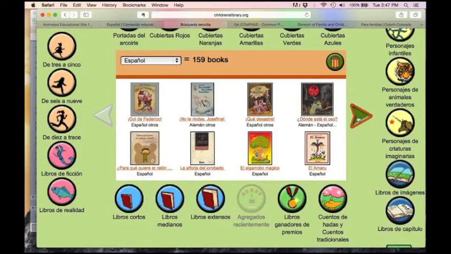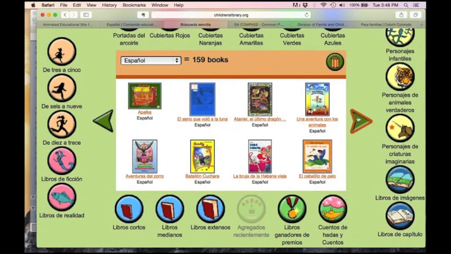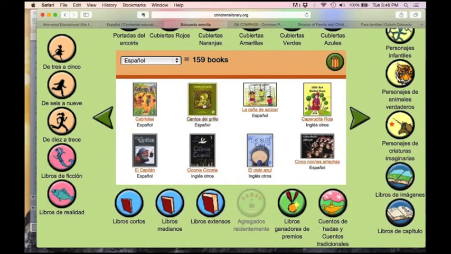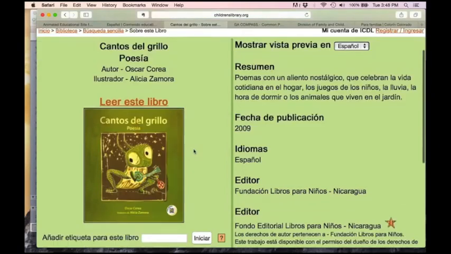The parents really like the idea of being able to find books that they had read as children, because some parents were able to find authors or poetry from their nation states because it's an international library. They also thought it was interesting to read books from other countries that were not the United States. So reading books from Spain, reading books about indigenous languages in other countries, not just Mexico, was something that they found very appealing. So these books are scanned.